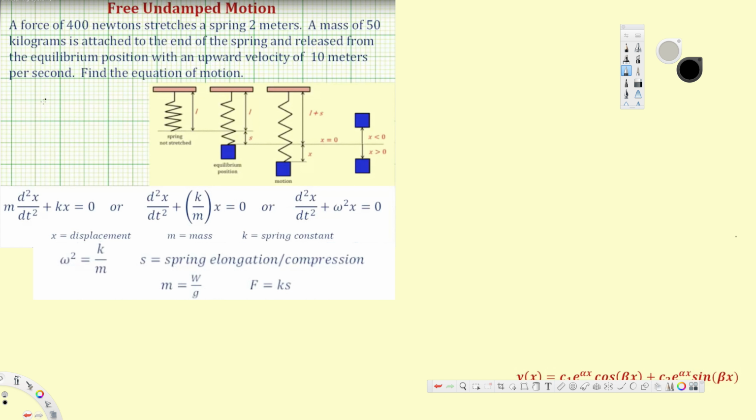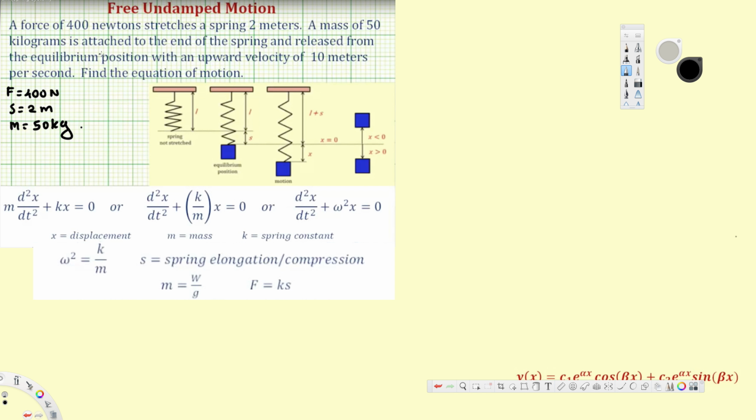Here we have the force provided, that is 400 Newton, and also we have the spring stretch, that is 2 meter, s is equal to 2 meter, and also we have the mass, that is 50 kilogram,